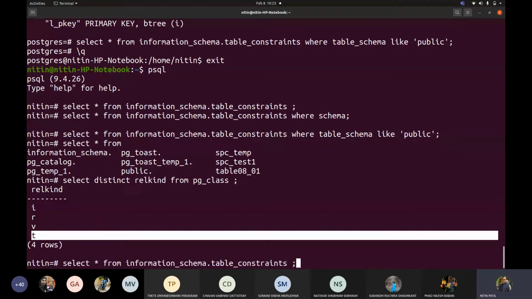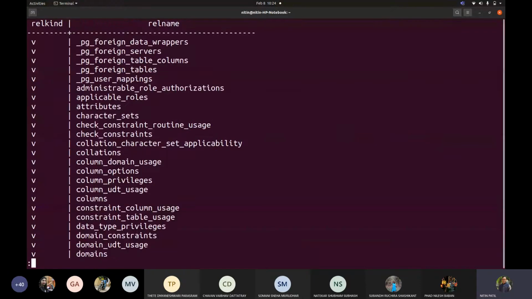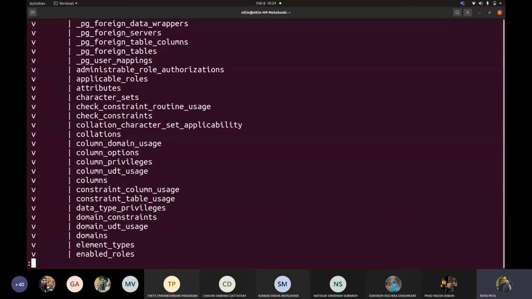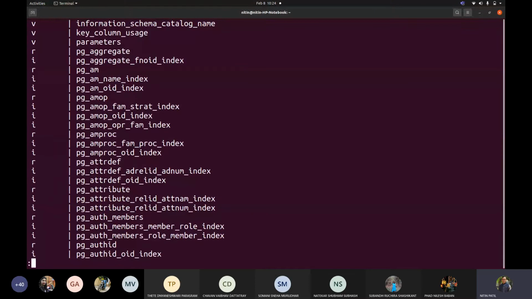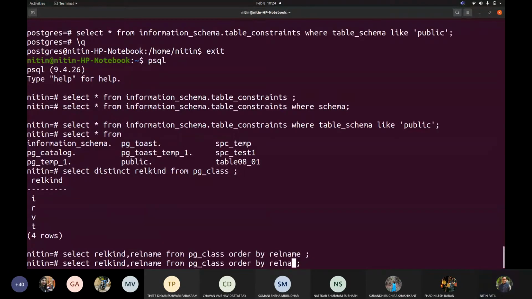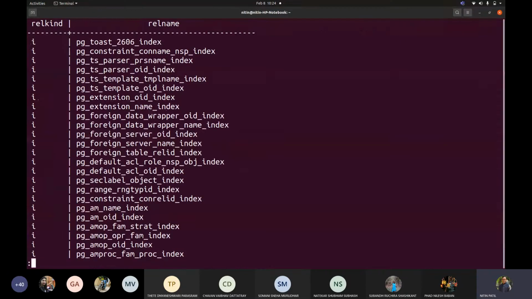Select relkind, comma, relname from pg_class, order by relname. So this is view, correct? Then there is R and I. Okay, let us do it by relkind.